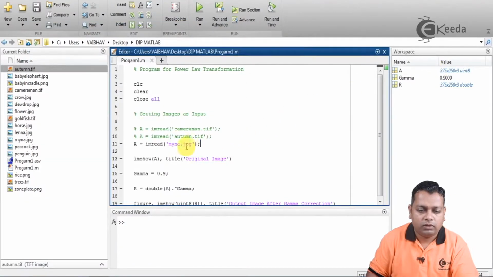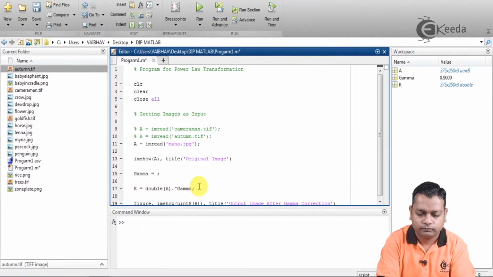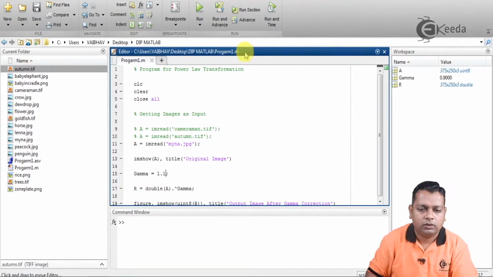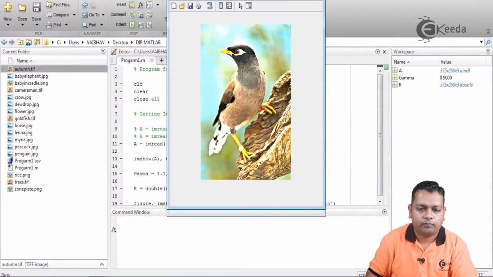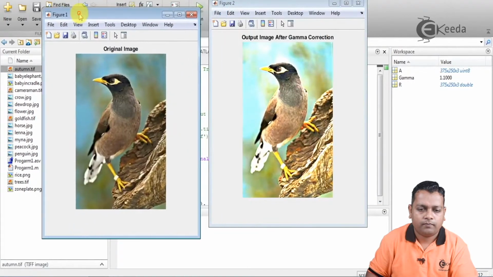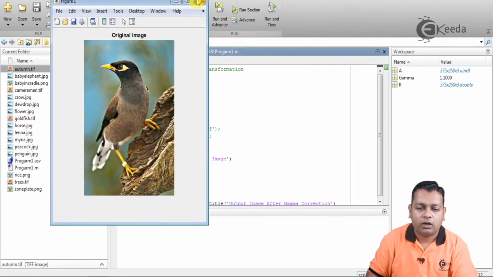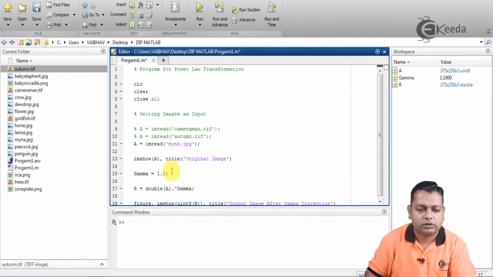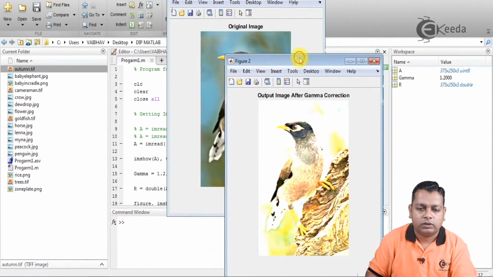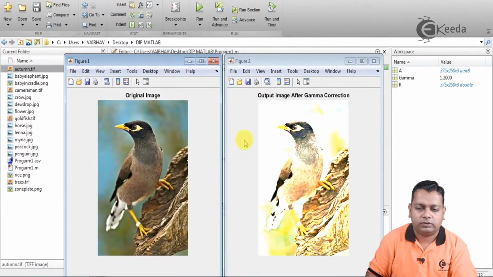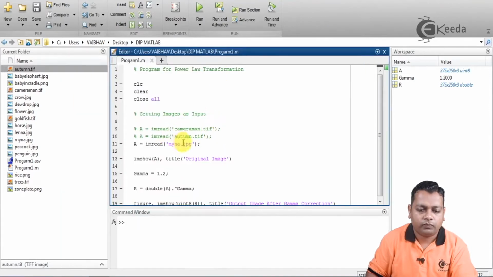Now we make the gamma 1.1 again, save it, and we can see the change here. As compared to the input, this image is brighter. If we try to increase this beyond 1.1, let us make it 1.2, save and run this program again. See, the brightness has increased again for the gamma value 1.2. The same applies to the autumn image also. I comment this one out and uncomment this one. For these changes, if we run it,